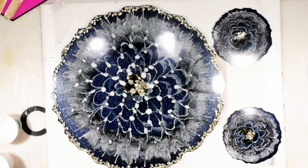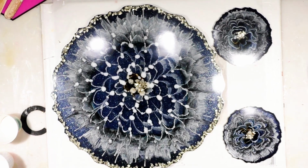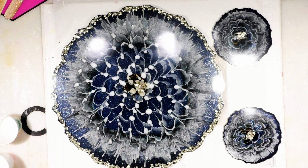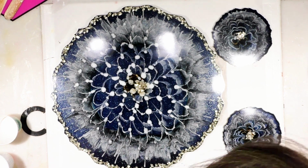So every time I work in my studio, I have my window open, even in the winter time. I have it open because of resin and so forth, and the fan going. And there's always something going on across the street with my neighbor. He works in his garage all the time. So there's a drill going or sanding or something. So anyway,